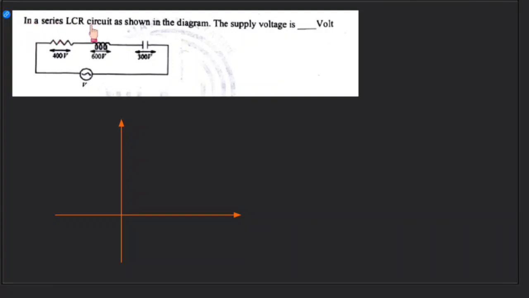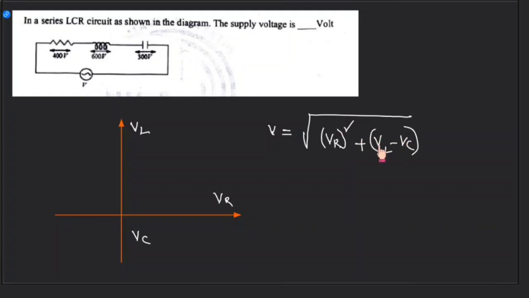Next one, this one. In an LCR circuit as shown in the diagram, the supply voltage is dash volt, right? So you know this can be written as, if I draw the phasor diagram, this is VL, this is VR, and this is VC. So if I write the net voltage, the supplied voltage is equal to under root of VR whole square plus VL minus VC whole square, because this VL is more and VC is less,